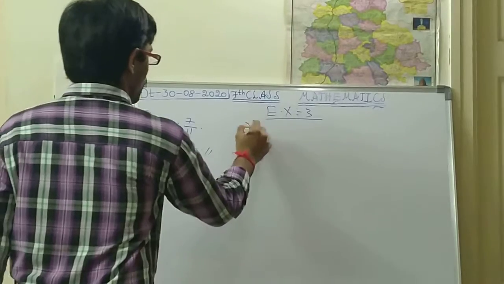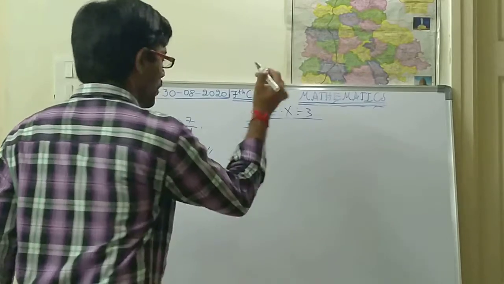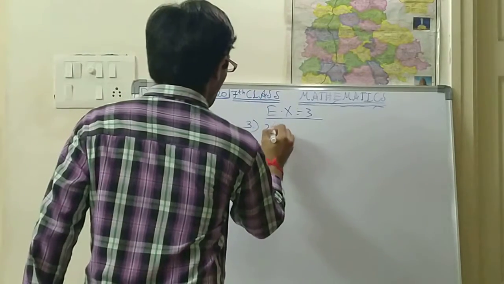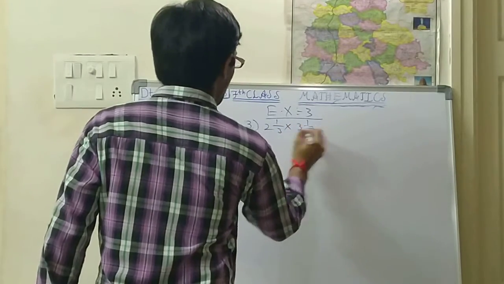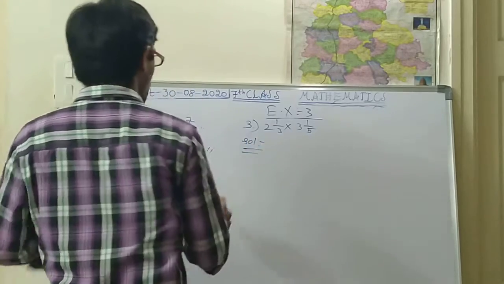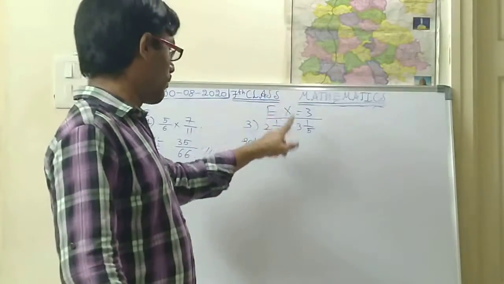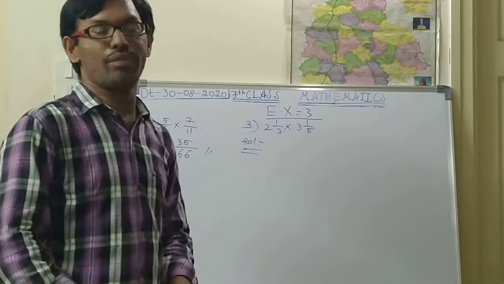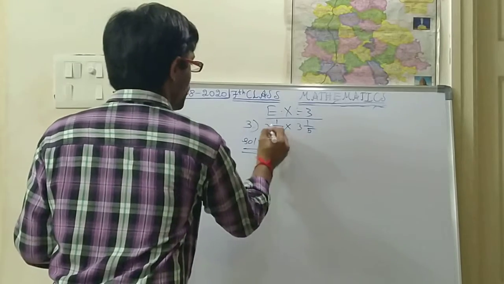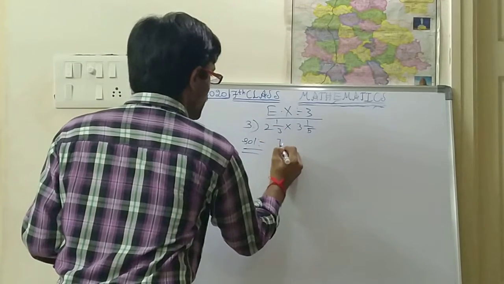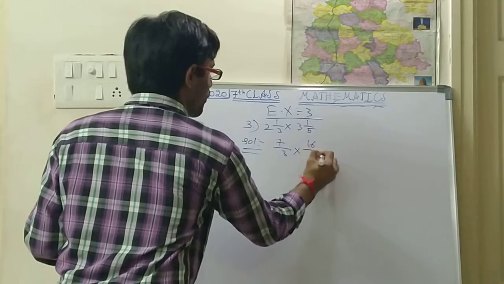So next, second one. What is the second one? Here in this bit I am explaining the third one. So 2 1 by 3 into 3 1 by 5. Solution. Here these two are mixed fractions. First you should convert into improper fractions, then afterwards you should do the multiplication, numerator to numerator, denominator to denominator. So first change this one: 3 twos are 6, 6 plus 1 is 7 by 3, into 5 threes are 15, 15 plus 1 is 16 by 5.